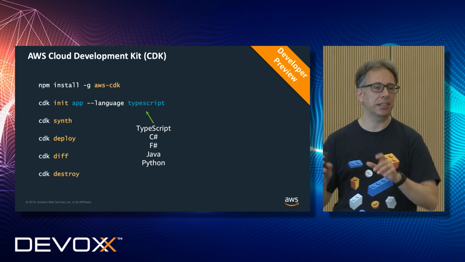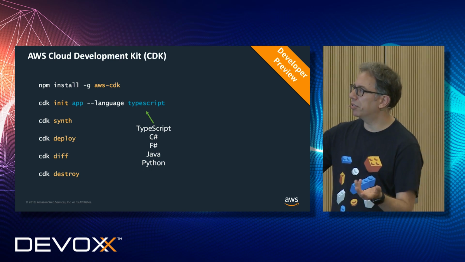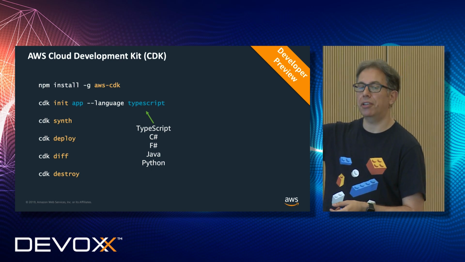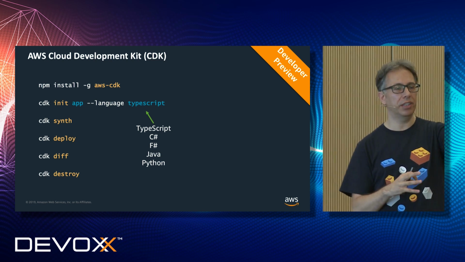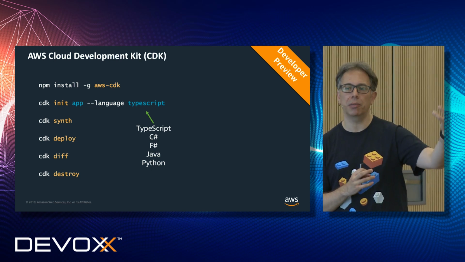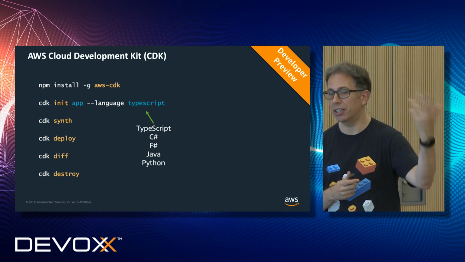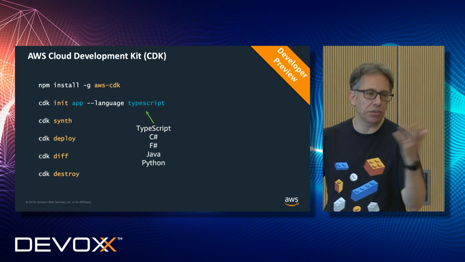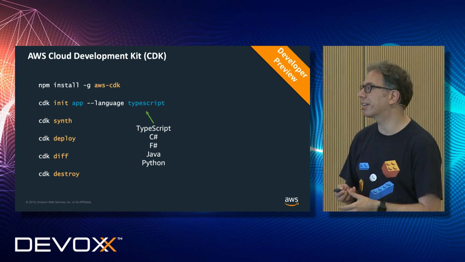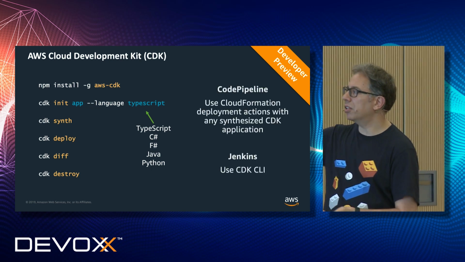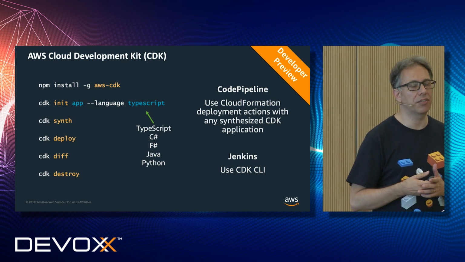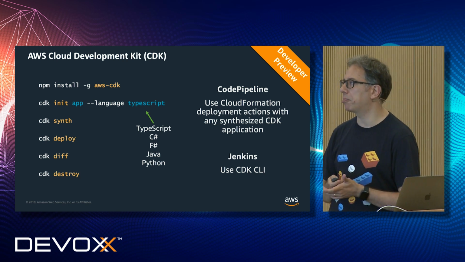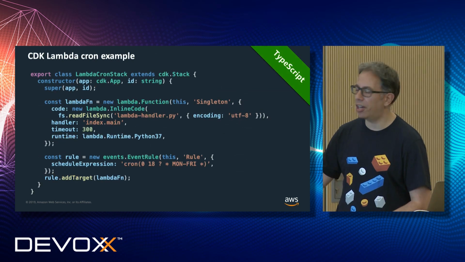If you edit this template locally with your own language, you can compute the difference. So for example, you can say, OK, locally I have this configuration, in the cloud there is this configuration, and if I do a deployment, these will be the changes that will be implemented. Or you can destroy the stack in the cloud. You can use this command line tool with Jenkins or with a managed service for CI/CD like CodePipeline. So let's see how this works.